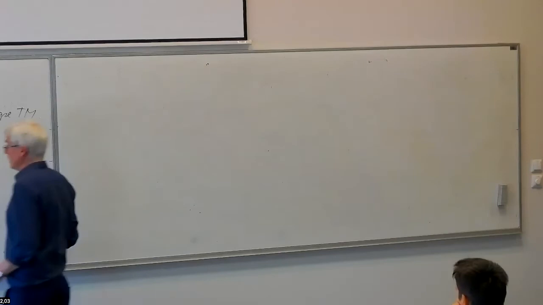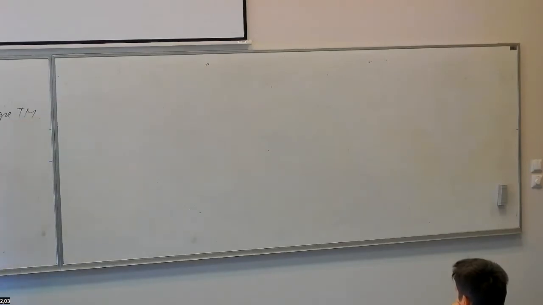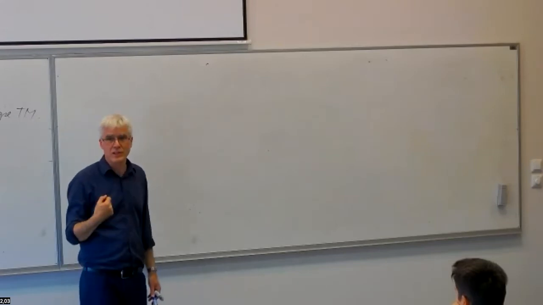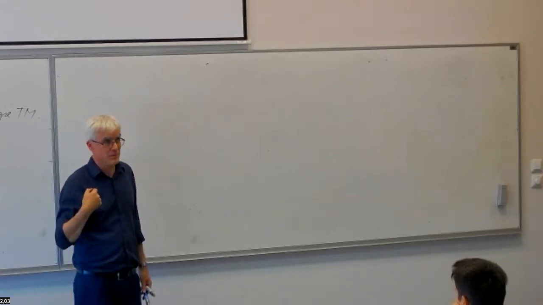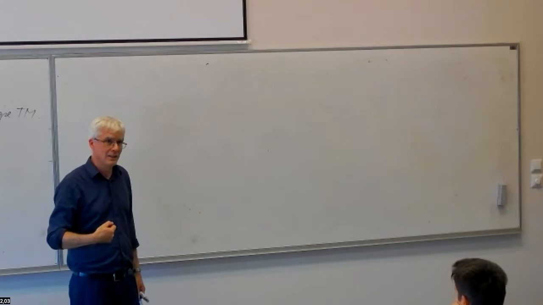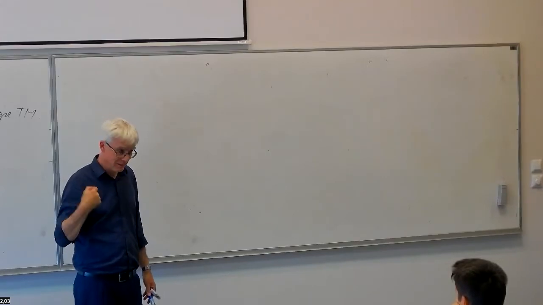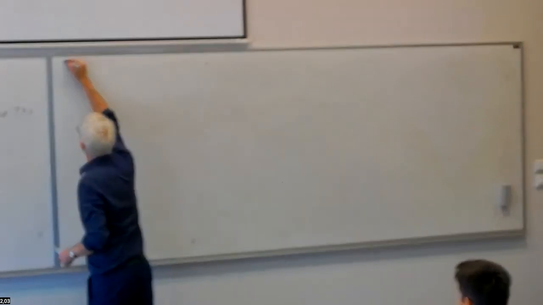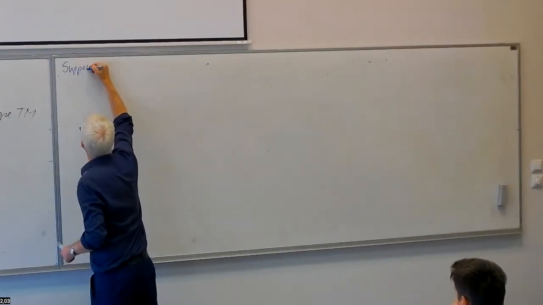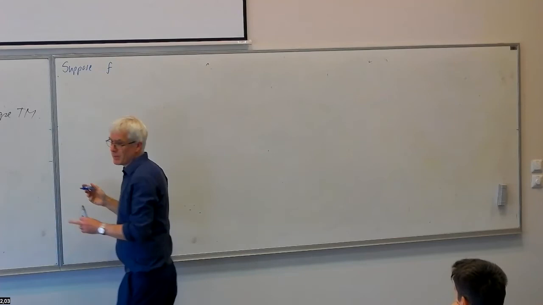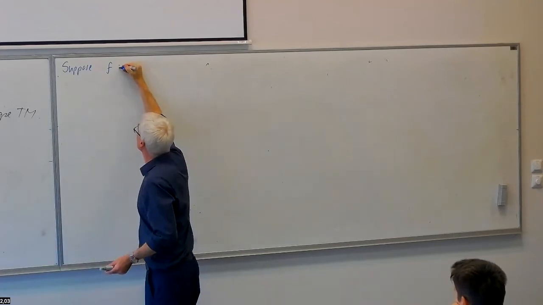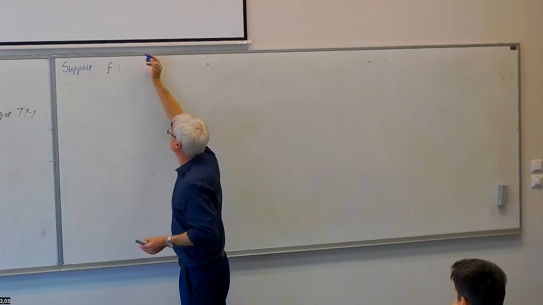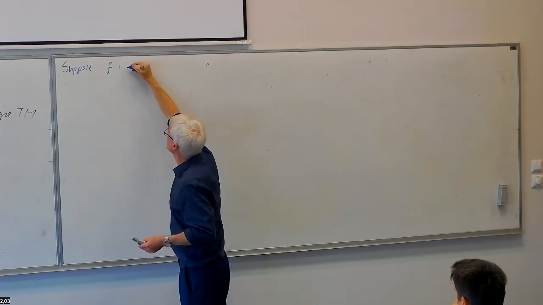So primitive recursion takes a k argument function little f, a k plus 2 argument function little g, and returns a k plus 1 argument function R(f, g). Suppose, but of course these might be partial functions now, because we're dealing with the partial computable functions, the computable partial functions. So suppose